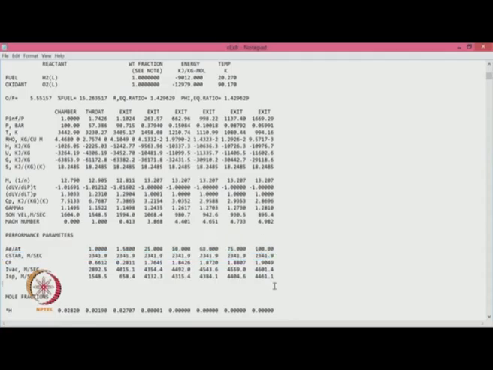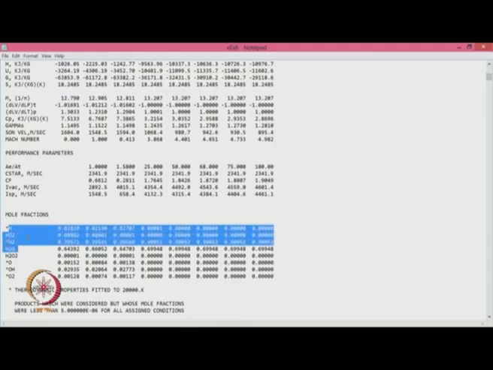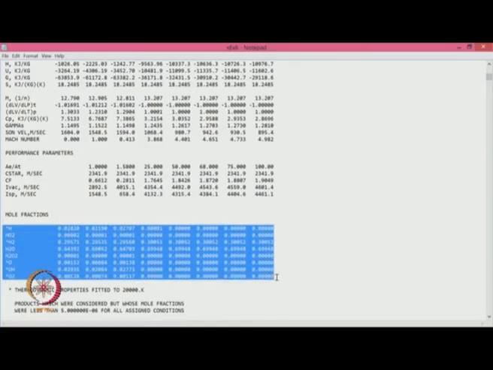You also can get C star values, which are shown here, and correspondingly CF values. So, you just have to multiply C star into CF to get ISP. This also gives you, as I said earlier, that if you look at the exhaust, it will have various species. The species that are there are HO2, H2, H2O, H2O2, OH and O2, and the corresponding mole fractions are